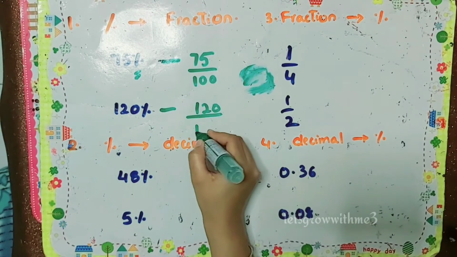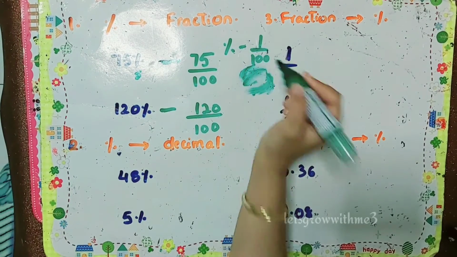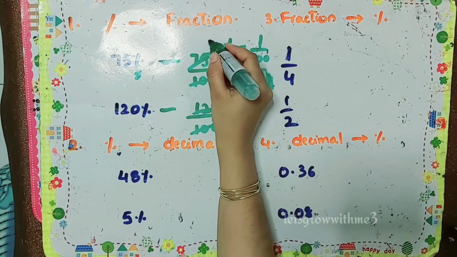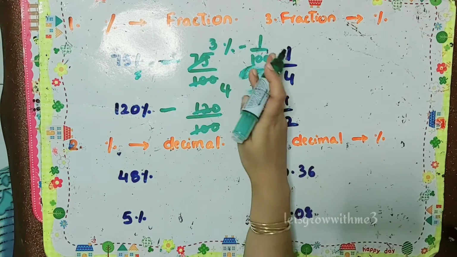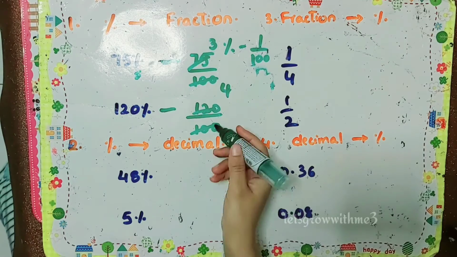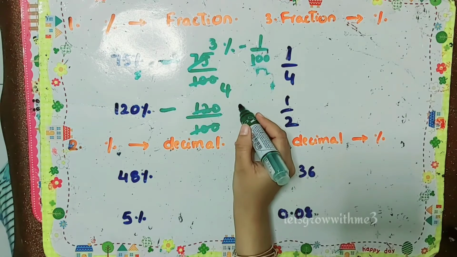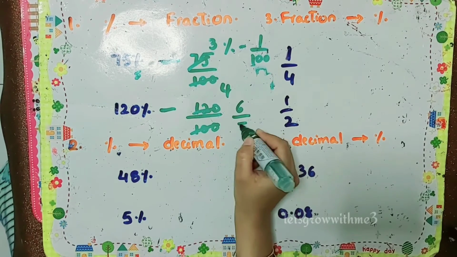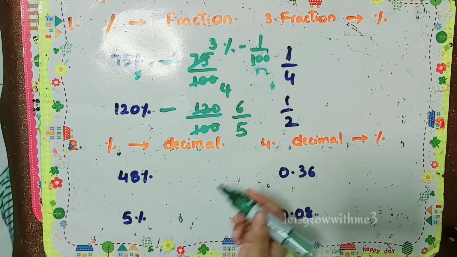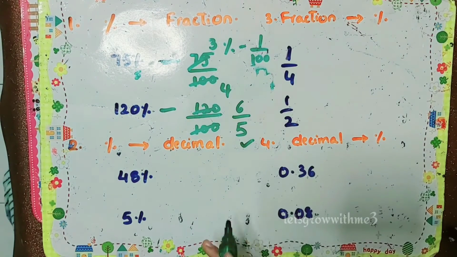We'll do that one. The next one is 120 percentage, which is 120 over 100. Now we will write it in simplest form. Whatever fractions and percentages we have, all should be in simplest form. For 75 over 100, 25 threes are 75 and 25 fours are 100, which gives 3 by 4. For 120 over 100, cancel the zero, then 2 sixes are 12 and 2 fives are 10. We don't have any more common factors, so it's the simplest form. So one value is 3 over 4 and the other is 6 over 5.